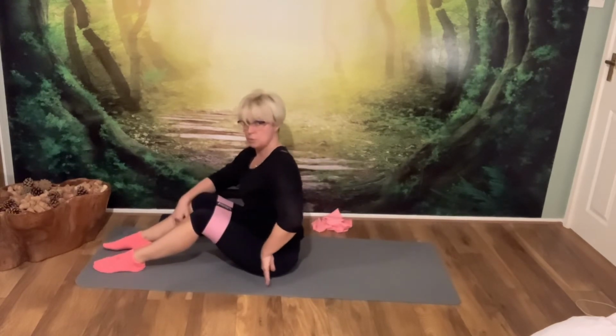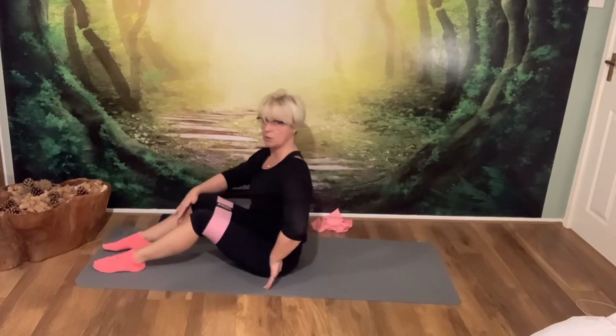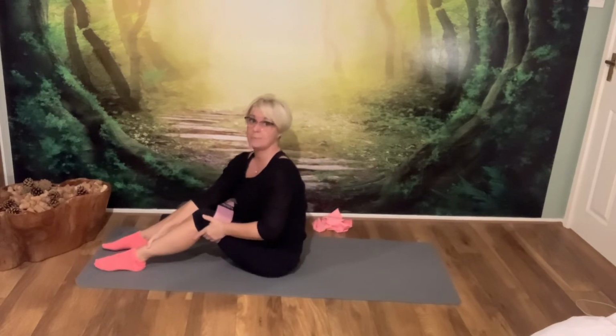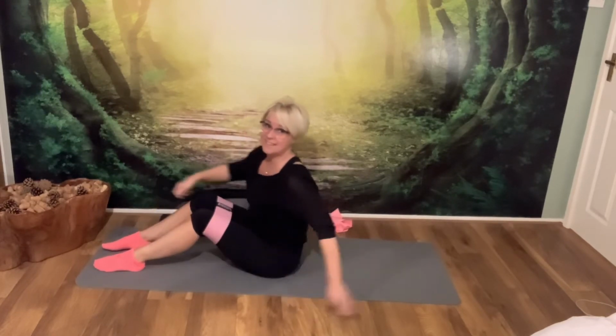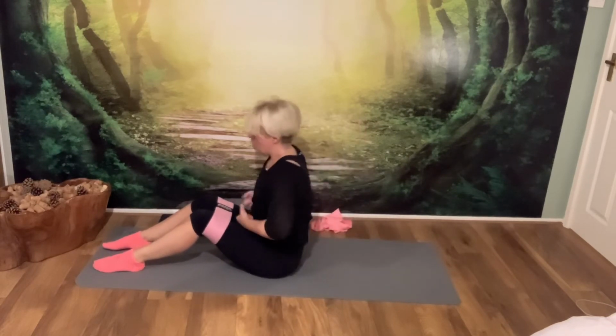Focus on those sit bones. Push them into the floor and then feel them tilt backwards and come back up. Yeah, if you're comfortable. I don't want you to develop a lot of tension here. So if you're somebody who is very tense there, miss this next bit out, stay in the small range. If you have a lumbar disc injury, if you have a prolapse, stay in that small range of movement, and if necessary, rest on your hands and just continue with that same movement. Otherwise,